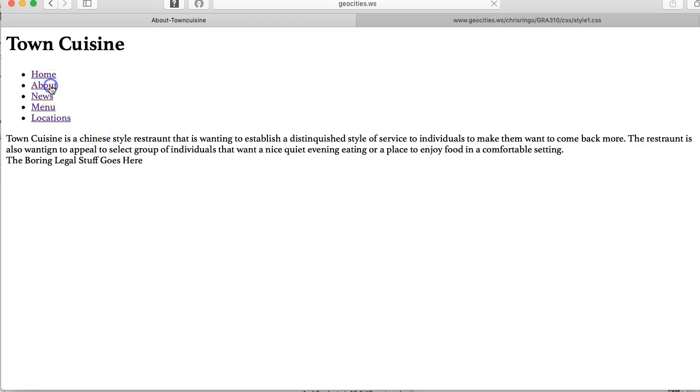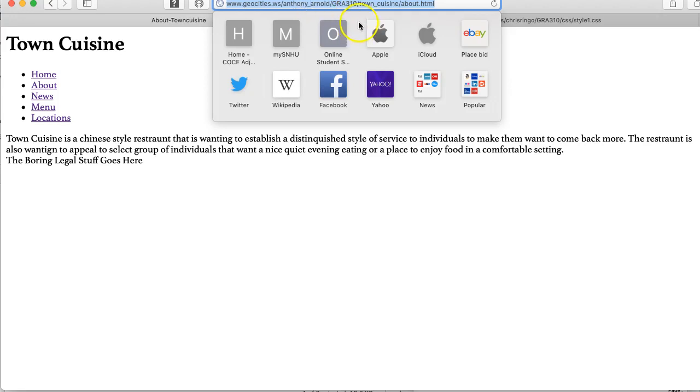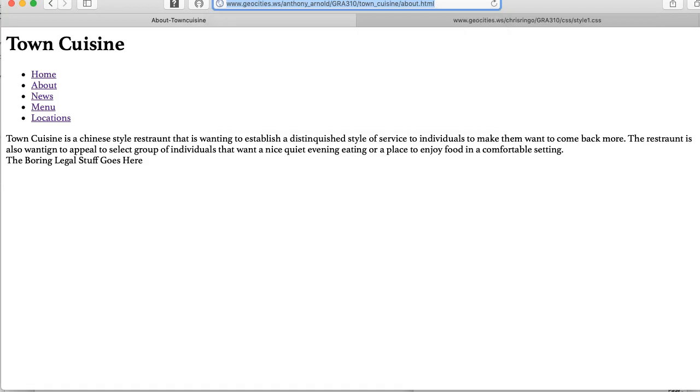Anthony, some good news is that you do have dummy child pages, I think for the most part, and that you've put them in a directory called GRA 310. So you are thinking ahead about how to archive your files. That's good. Anthony, I'm not sure there's anything more that I can say at this point,